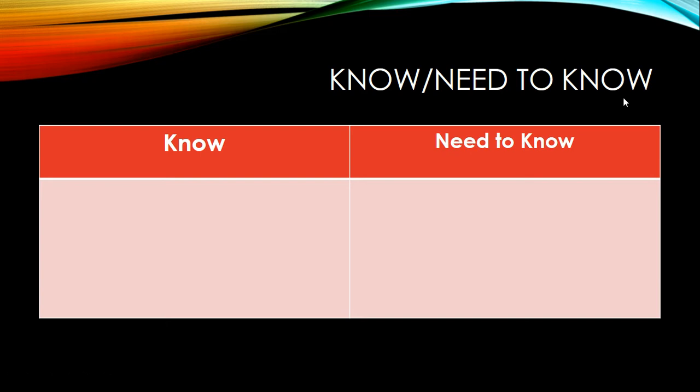So to get started, we're going to do our know and need to know table. So I want you to fill this out, and you're going to submit it as the next part of your assignment today. So in the know column, I want you to write down, what do you know about autopsies, either from TV, previous science classes, common knowledge. What do you know about autopsies, but also, what do you know about the human body? You can add things from the changes that occur after death, or calculating time of death that you've learned, but